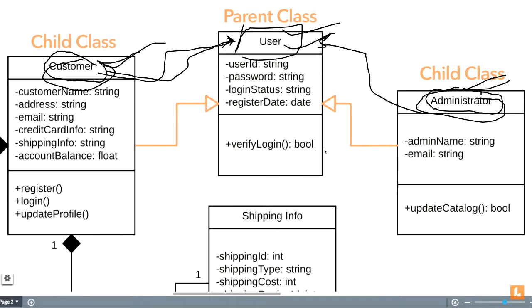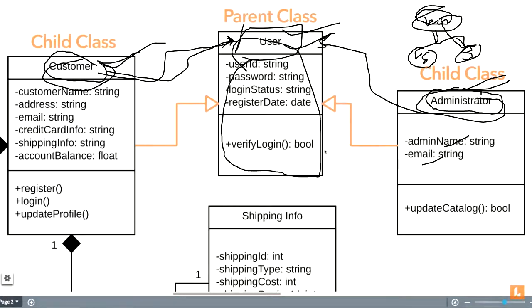Remember in the use case diagram we had a type, where you want to make the credit card payment. So either you can do the payment from a current account or you can do the payment from a savings account. So we are generalizing these in one single form. So this is what is meant by inheritance. This is the essence of inheritance. What is inheritance? You are generalizing the child classes. Getting it? Similarly, administrator will have admin name and email. Apart from all these things, which will be known to the administrator, these things administrator can access. Apart from that, it has its own certain features. Any difficulty?